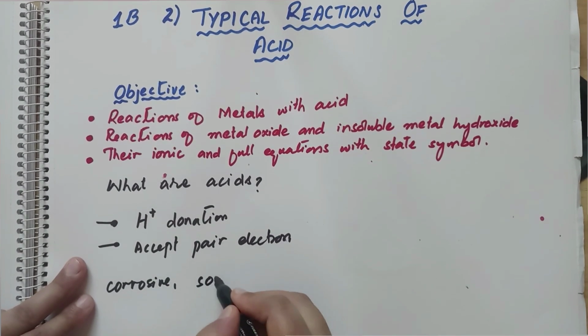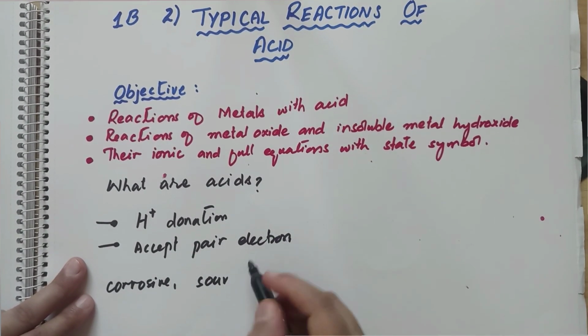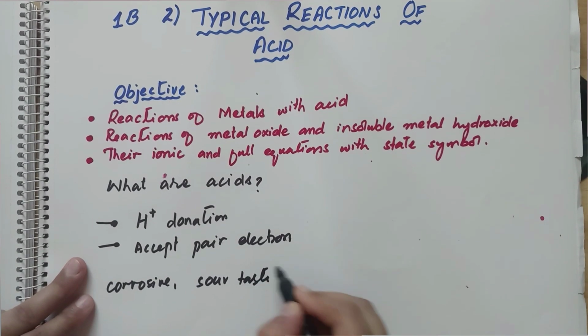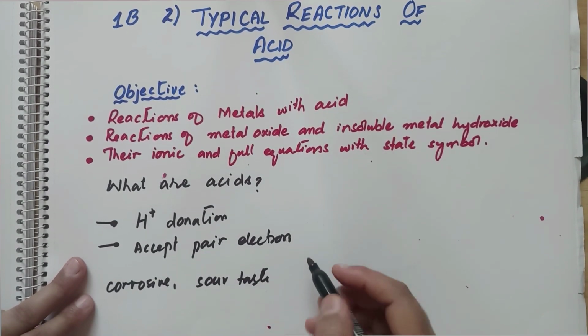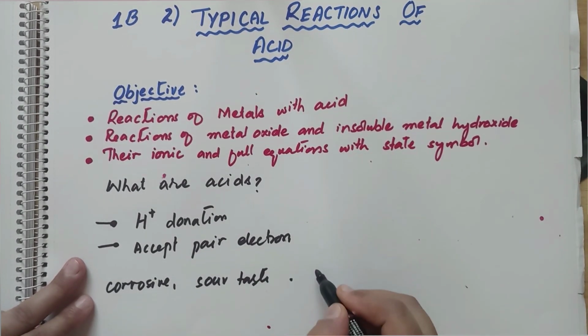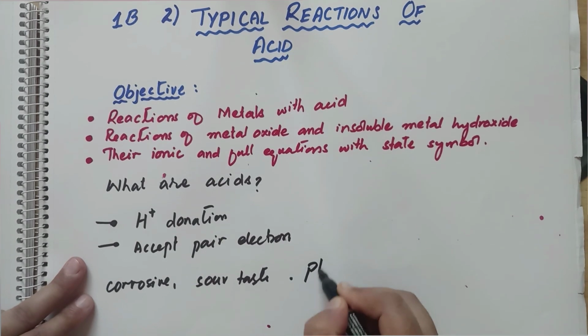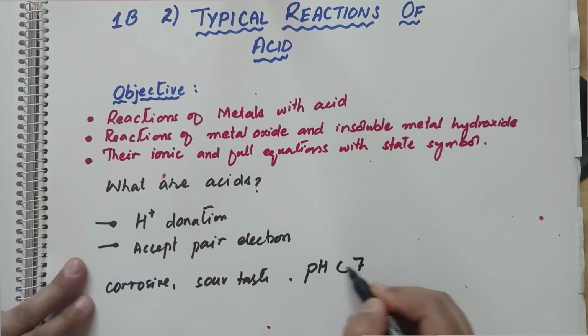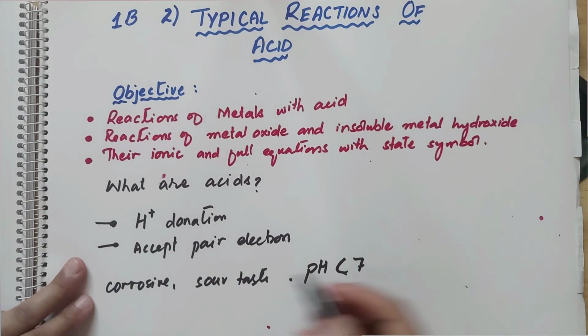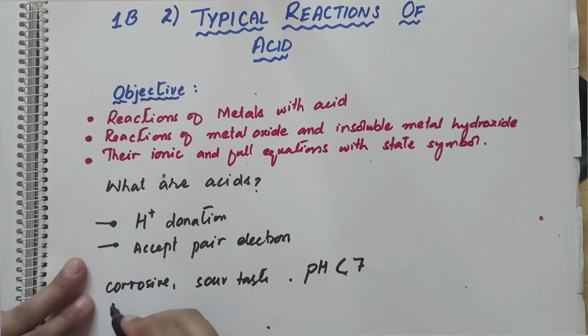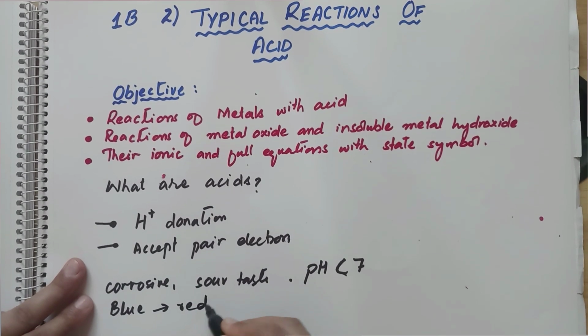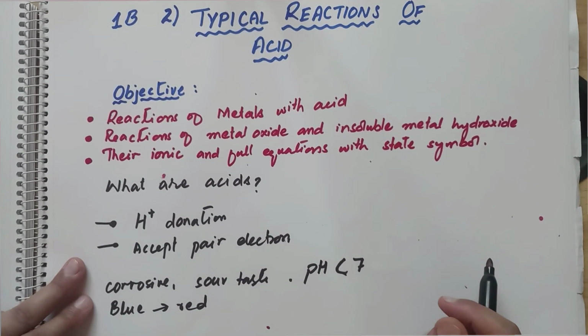So, acids are corrosive, they have a sour taste, and their pH is less than 7, and they turn blue litmus into red. So, these are some physical properties of acids. For example,